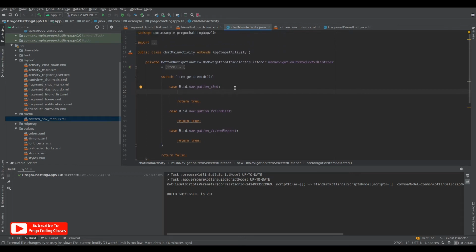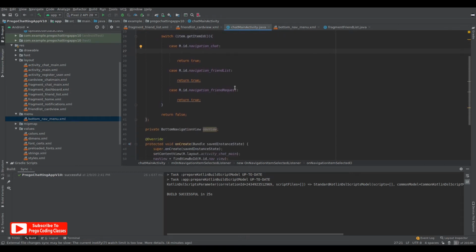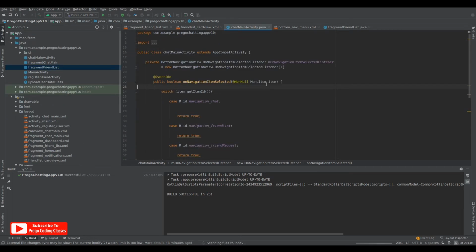But by default, when the chat main activity opens, the navigation chat menu should be clicked and opened, and that is how the application should work in the beginning. So over here we are basically coding the item listeners. So if the user clicks the navigation chat button, what happens, and the friend list chat button, then what happens.